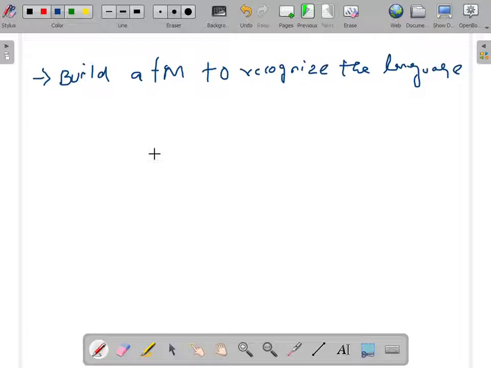What is the language? 0 power n, 1 power n, and 0 power n. So how can we read this? How can we read this? 0 power n, 1 power n, 0 power n. So 0 power n, okay, any number of zeros. How to read? Any number of zeros, any number of zeros followed by,